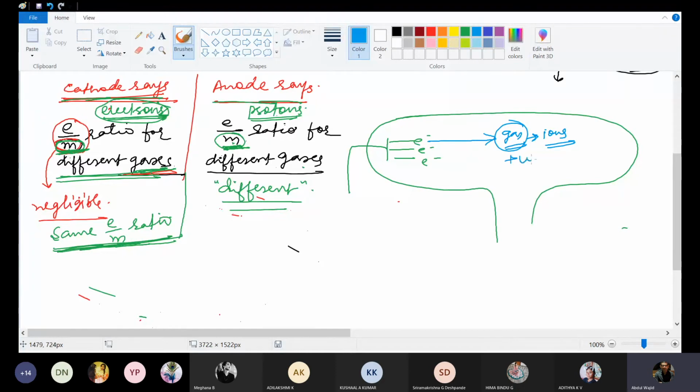So those positive ions will be the origin point. As in cathode rays electrons are there, in anode rays positive ions will be there, that will be the source, or the carrier, of these anode rays. So here is the origin of cathode rays, and here will be the origin of anode rays, not exactly at the anode. So positive ions will act as the source, or origin point, of the anode rays. Is this okay?